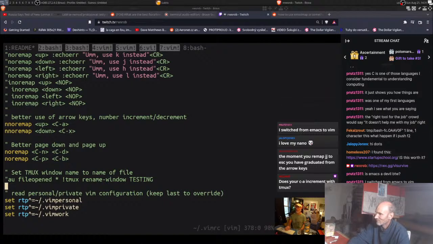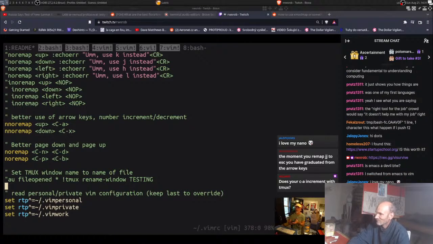And Control A is my increment. Control A is not my increment. No, Control A is my activation key for tmux, which we're going to cover entirely eventually. I don't know if we'll get to it today. So anyway, and the last thing in my vimrc